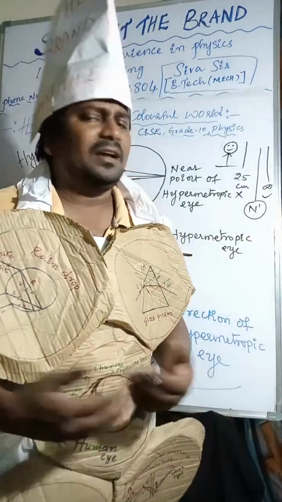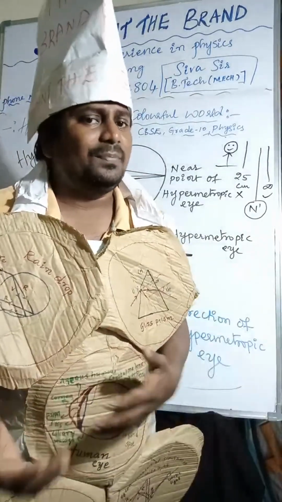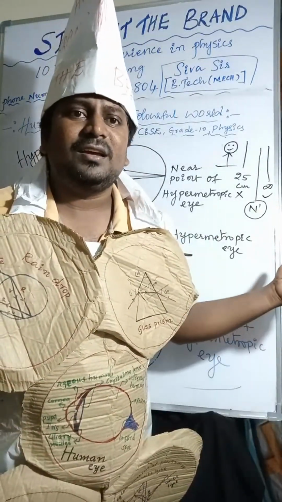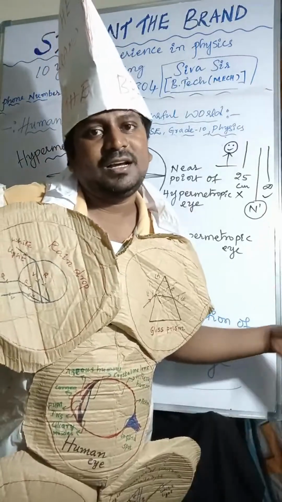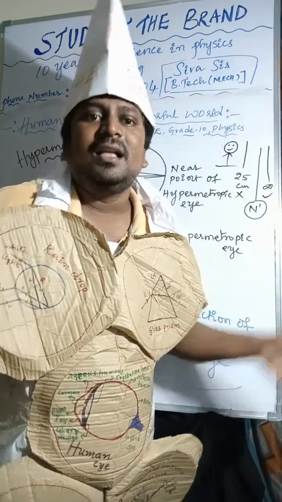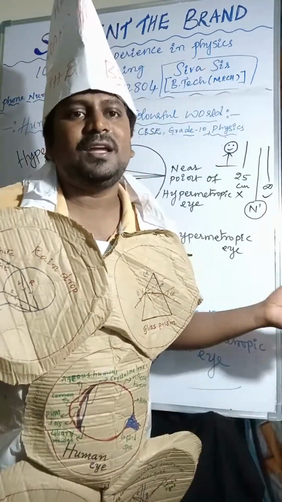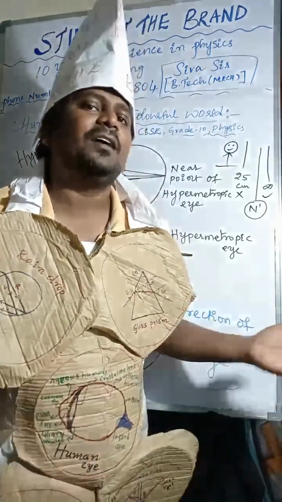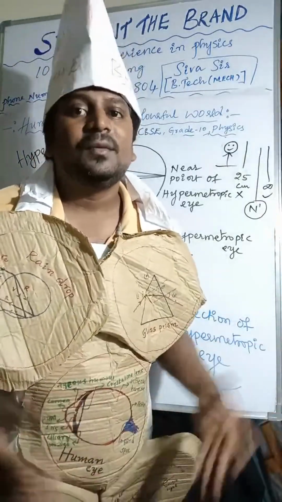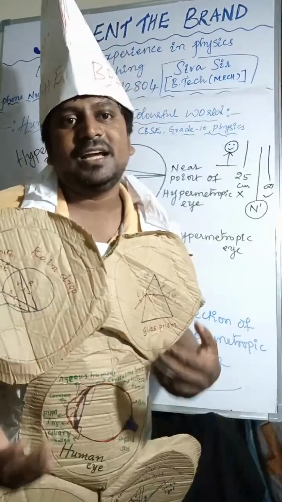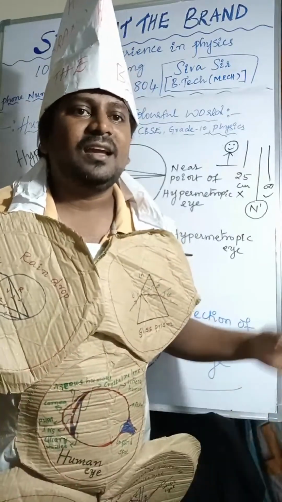Myopia, myopia, myopia. Near distance we can see, far distance we can't see. Myopia, myopia, myopia. For that correction we are using concave lens,